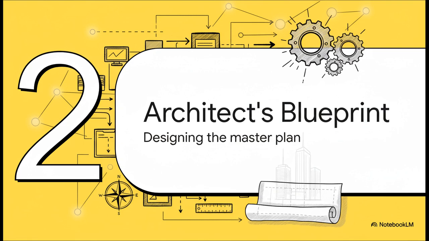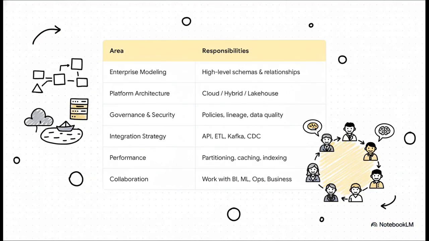what does it actually look like? Yeah, this role is so much more than just coding. The architect is thinking at a super high level. They're doing enterprise modeling, figuring out how all the different pieces of data in a company relate to each other. They're deciding the platform architecture, like, should we build our data city in the cloud? And maybe most importantly, look at that last one, collaboration. They have to work with everyone, from the business execs to the ML teams, to make sure the blueprint actually